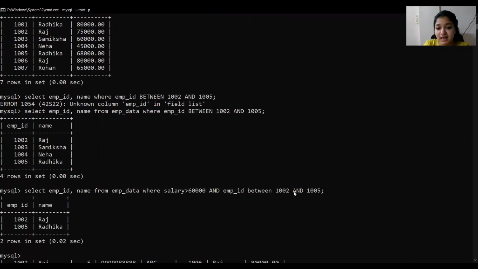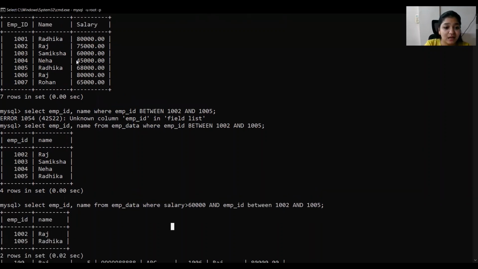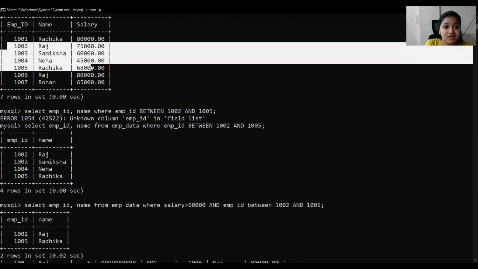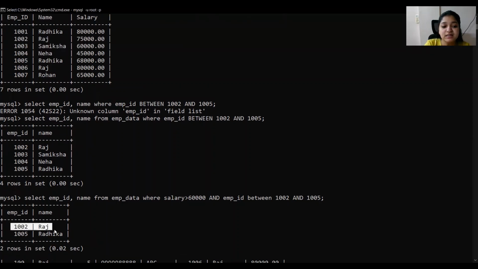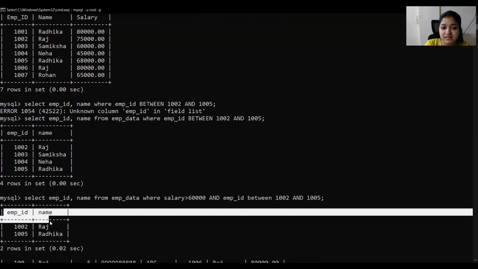Here this AND works differently from this AND. This AND is used to connect this condition with this condition, and this AND says that the employee ID should be between 1,002 and 1,005. So we can see there are two people whose salary is greater than 60,000 in this range. So we have to see just this range. And here there are Raj and Radhika, whose salary is greater than 60,000, and that we can see here as output.